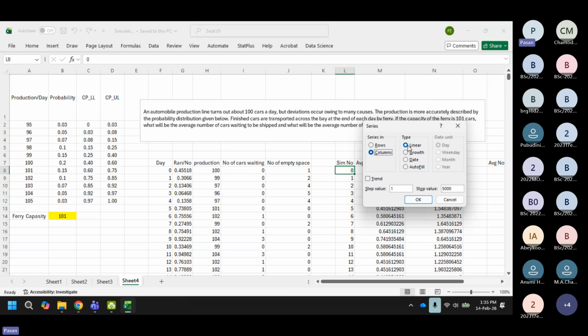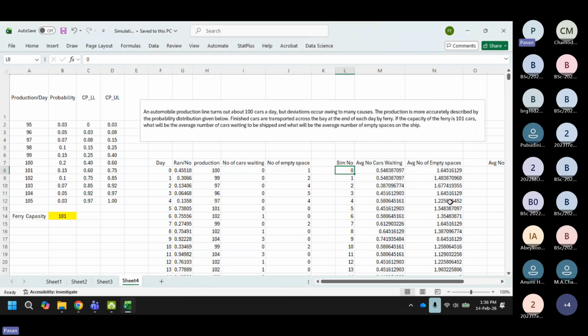And the type is linear, right? Then we can press OK, and then this will go up to the 5,000, right? Since I have done it already, I'm not going to do it again. And then to get these numbers here, right? So what I want to do is,